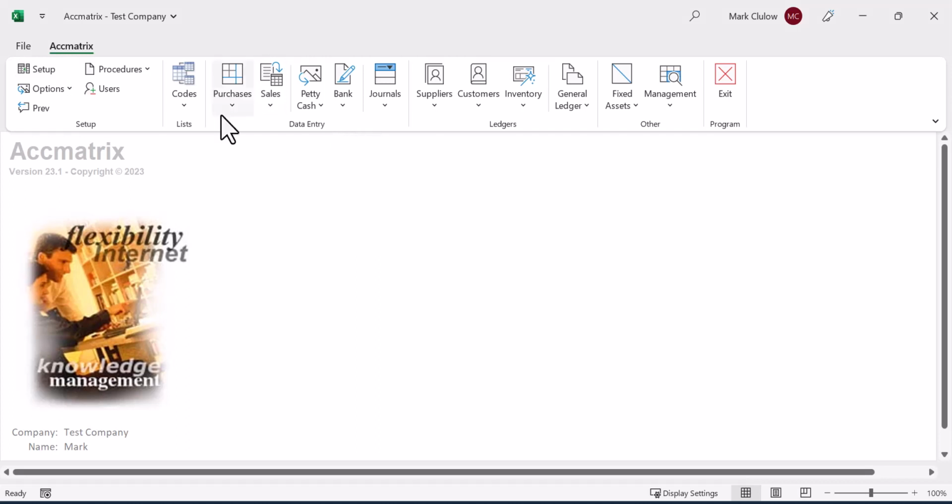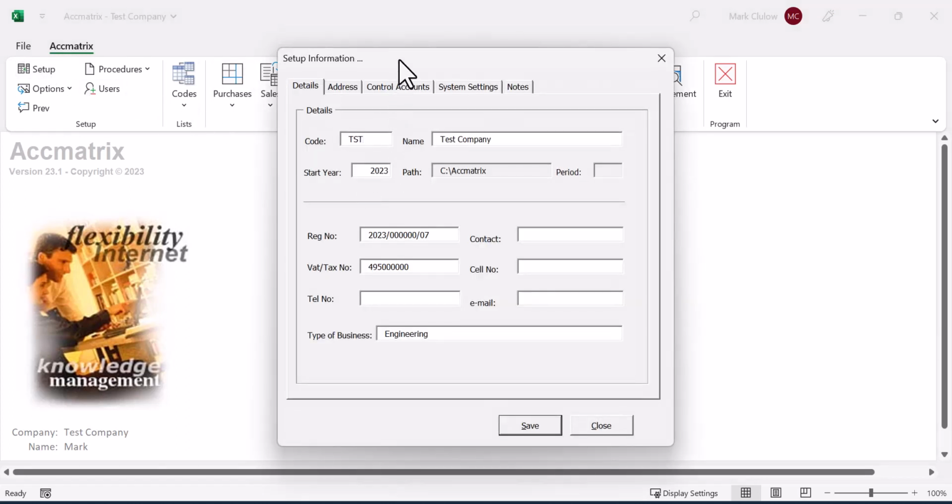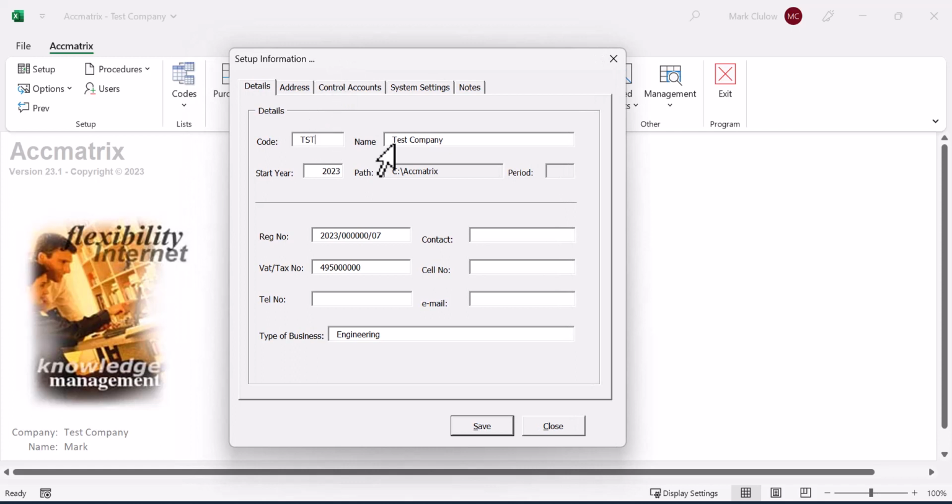Accmatrix, click on Setup. Setup input document will load. Enter your company name, the year it started, the path to the program files, registration number, your VAT and tax